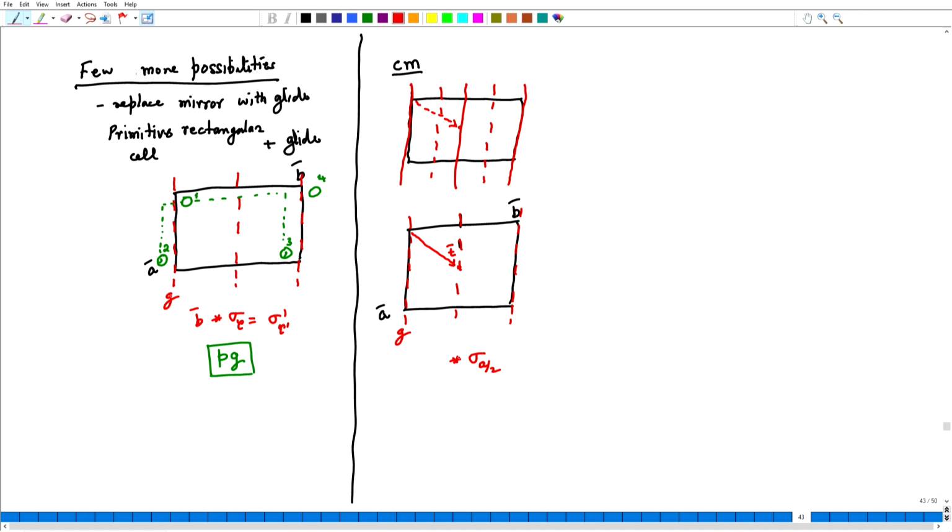Follow this glide operation, perform the lattice translation t, which is the centering translation. Now, as before, let us break this into perpendicular component and the parallel component. So, this is my parallel component and this would be my perpendicular component.